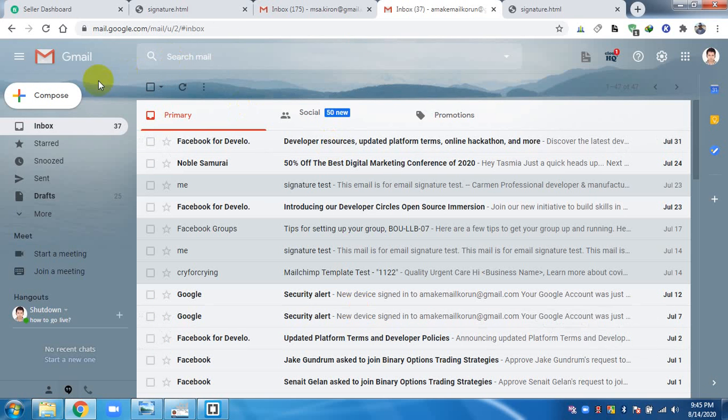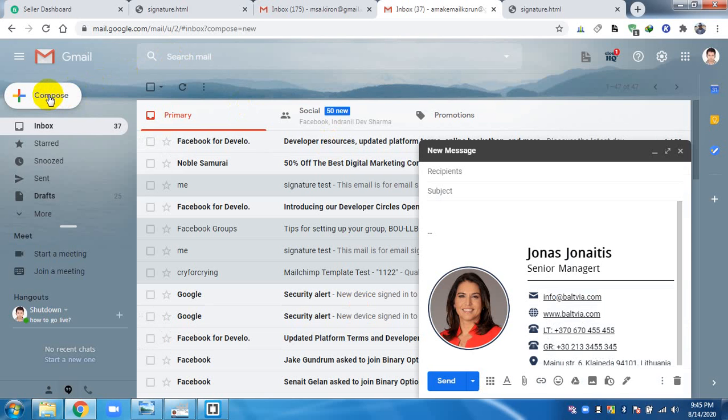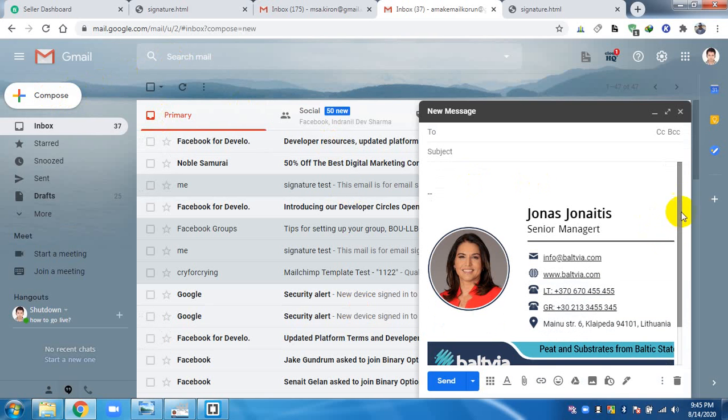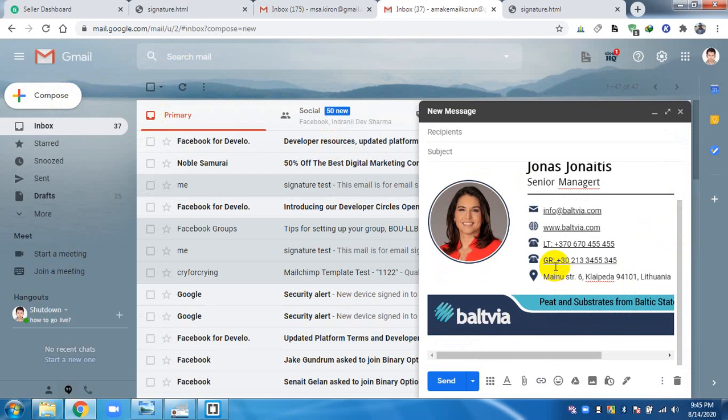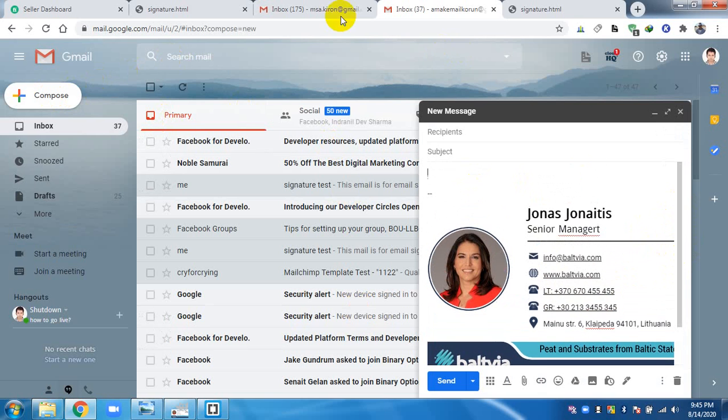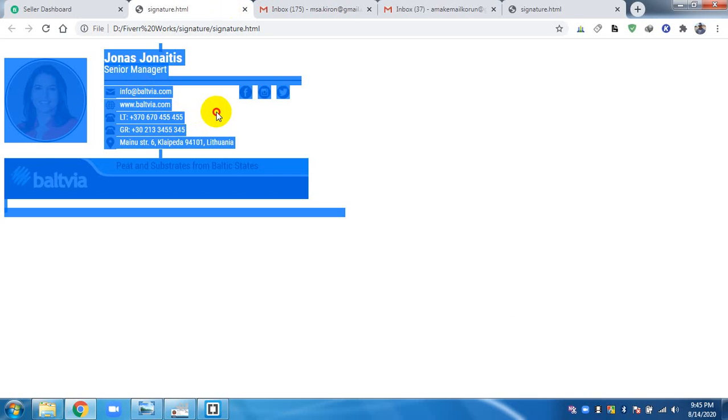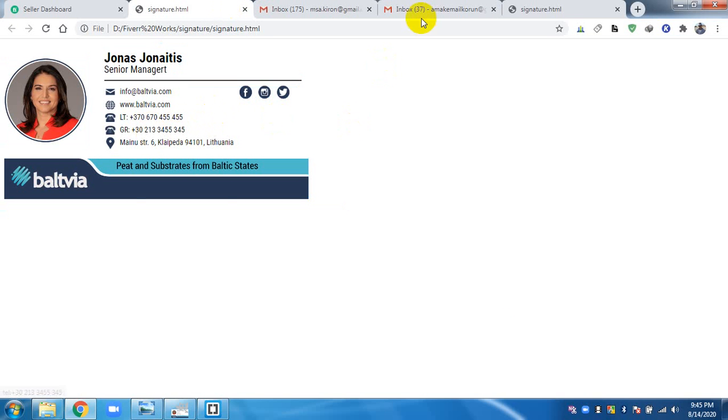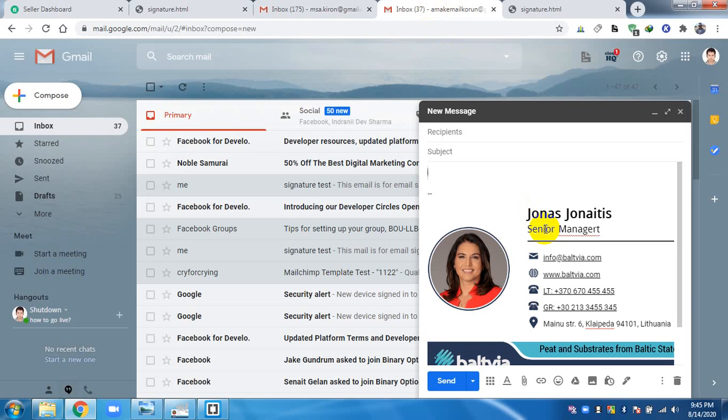Yes, okay, let me compose an email, and here it is opening. You find that there is an underline in the signature, but in the main signature there was no underline. This is because Google uses underline for all the links. So it is the default system for Gmail.